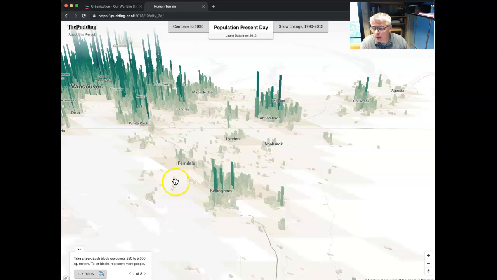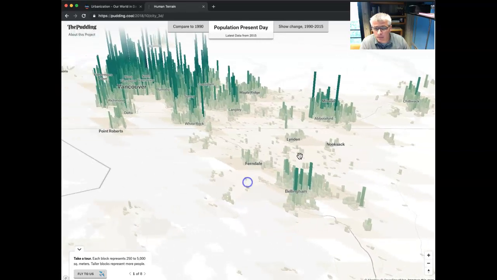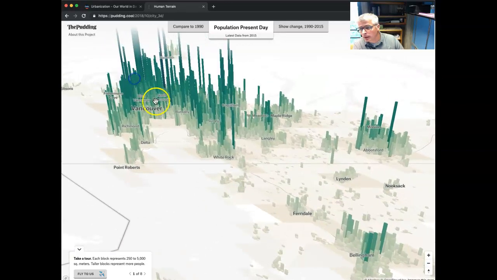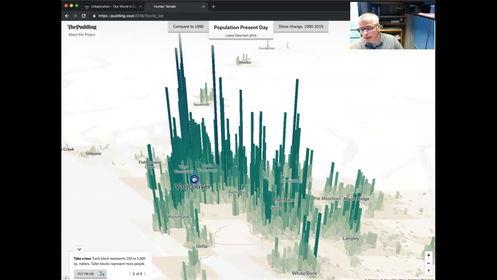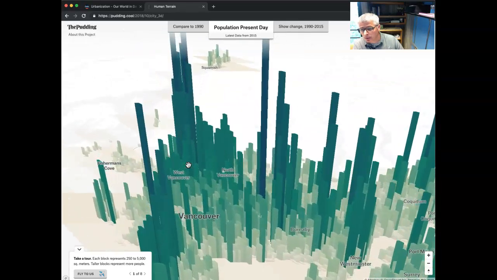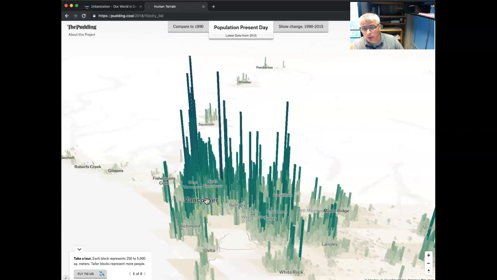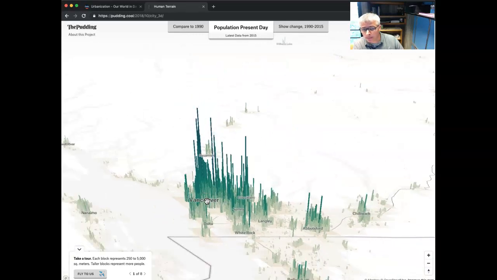And then looking north of Vancouver, you see Chilliwack, Abbotsford, White Rock, which is growing pretty rapidly, Maple Ridge, and then Vancouver proper,